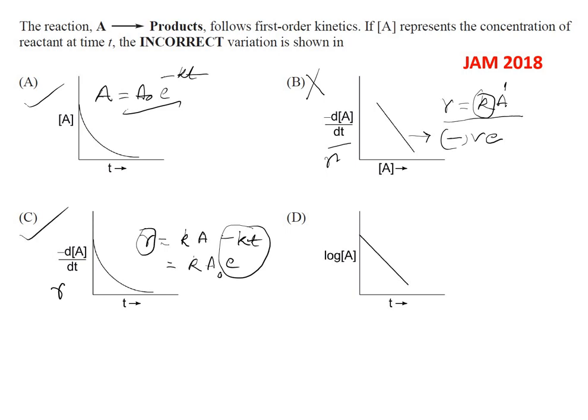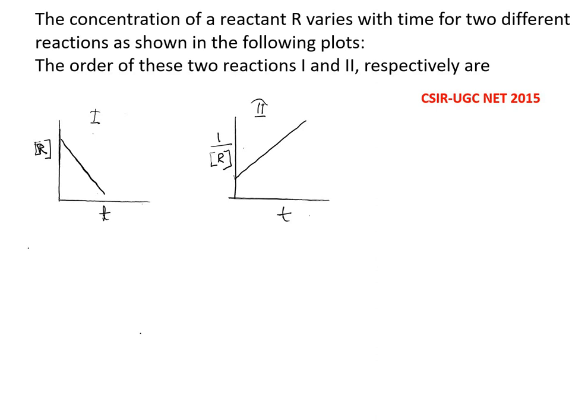So figure C is alright, and if you take log here, so log A is log A0 minus KT. So of course this is a straight line with negative slope minus K. So you can either go for, what are the options, let us check, 0, 1, 1, 0, 0, 2 and 2, 0. So either you can go one by one, trial and error kind of thing, but